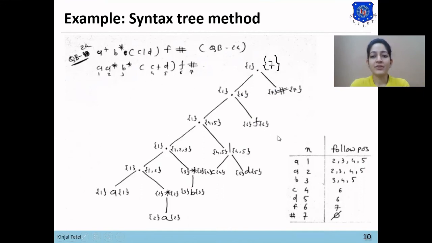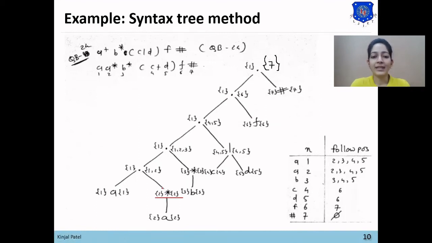Now next step is to find the follow position for each input symbol. So here is the end node, that is, positions 1 to 7 for each input symbol. Now the rule of follow position will be applied in two operators only, for dot operator and for star operator. It will not apply for the or operator; there is no rule for or operator.